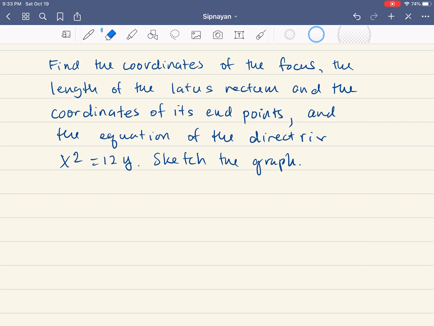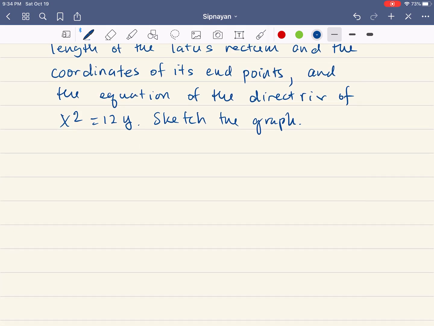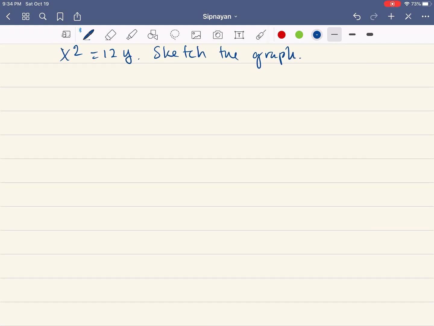Diba? So, find the coordinates of the focus, the length of the latus rectum, and the coordinates of its endpoints, and the equation of the directrix of x squared equals 12y. So this is a parabola. And sketch the graph. Okay, kung naalala nyo yung previous video natin, kung napanood nyo at naintindihan nyo,